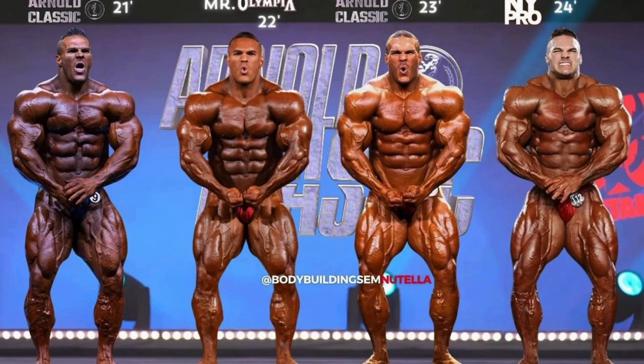When I look at the chest in 2021, it looks more conditioned, could be the tan, actually could be the condition. Looks a little bit more conditioned in 2021. But then again, you see the arms and the details like the brachialis is popping a lot more. And this could be because he added a lot more muscle. Where do I see him in